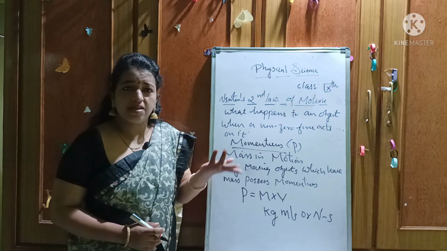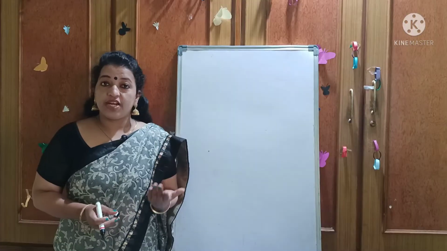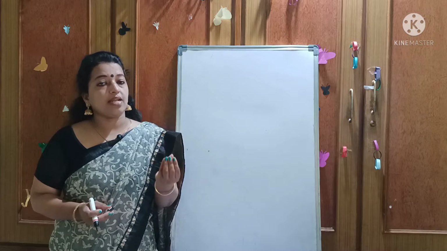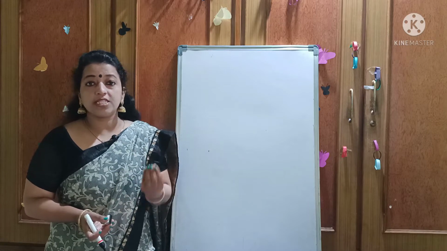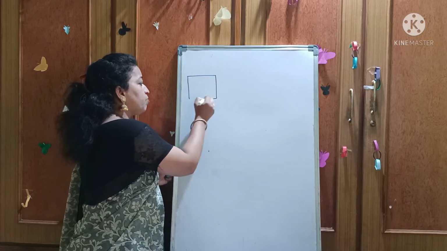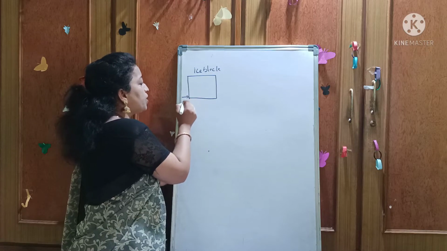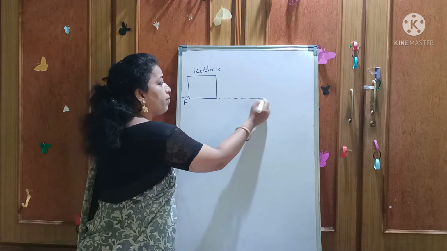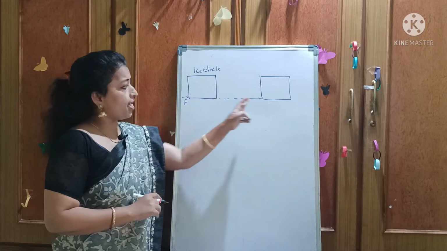Lots of examples are there for momentum. So we understood the term momentum. Momentum is the product of mass and velocity. Any moving object which has some mass possesses momentum. Now, suppose this is a small ice block. I am giving a small push to this ice block, a small net force. What will happen? Of course, it gets an acceleration, right? It gets an acceleration up to here.